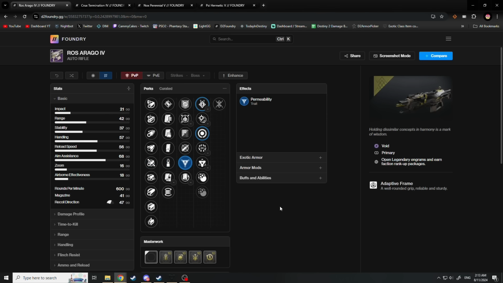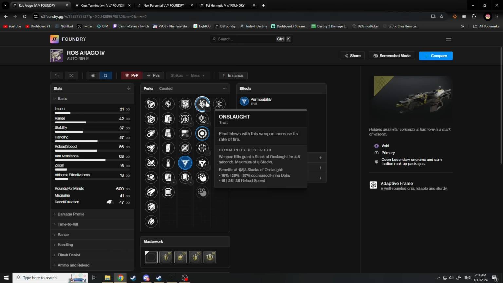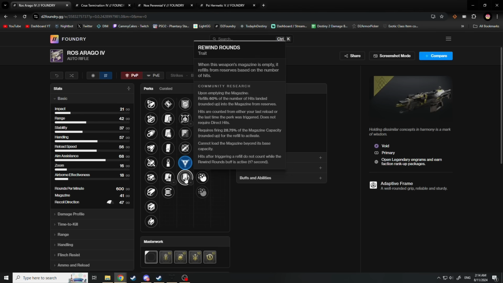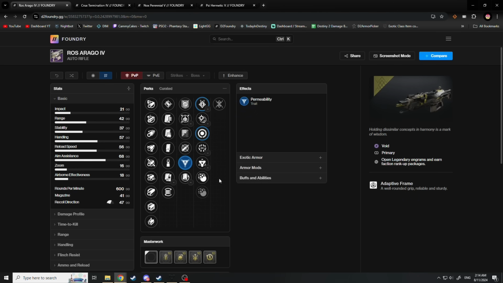Let's move on to the next rotation. This one will be the Rossarago one. Again, same as the other SMG, this is just a utility weapon. Permeability, Attrition Orbs, or Onslaught. You could also go Rewind Rounds and Deconstruct to break Titan Barricades very efficiently, so keep an eye out for